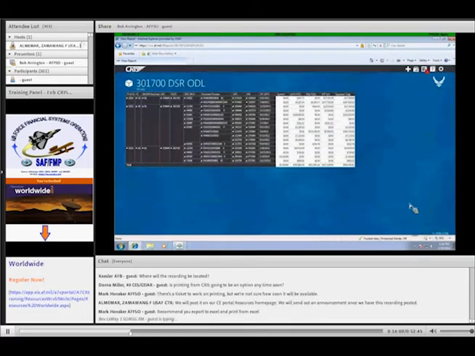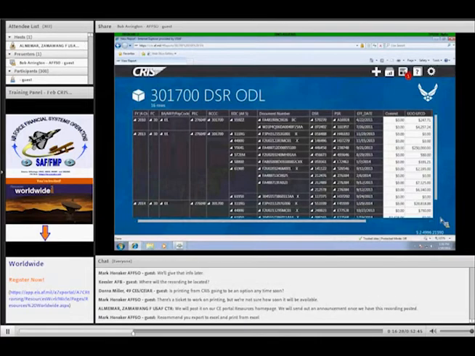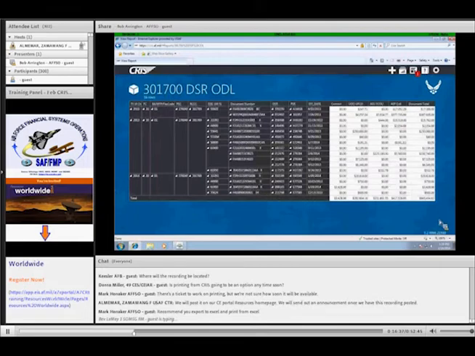And so you can see that happening now, and that will give me a little bit more visibility. By the same token, if you're giving some type of presentation, like what we do in our classrooms a lot, we actually increase that magnification up to about 125 or so. That way people sitting in the back of the room can see the screen better. So that option is not a function of CRIS, but it is a function of your Internet Explorer browser. Okay, so that's two ways that you can get more information on the screen.